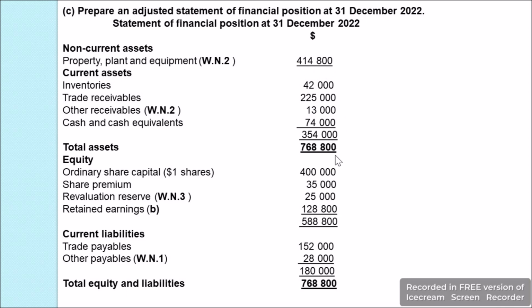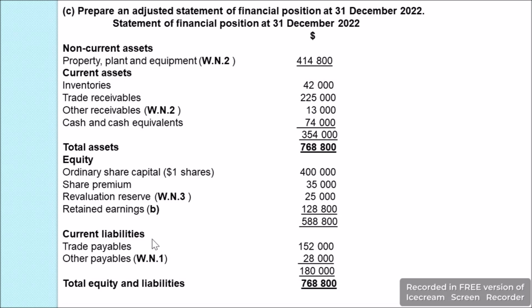Then the total assets, which is the total of our non-current assets and the total current assets, we get the total assets as $768,800. Now we have equity. In equity we have ordinary share capital, which has a face value of $1 each, and the value was $400,000. Share premium, which is $35,000. Revaluation reserve, for which we did the calculation in the third working notes, which we got as $25,000. Retained earnings, which we got in bit B of the question as $128,800,